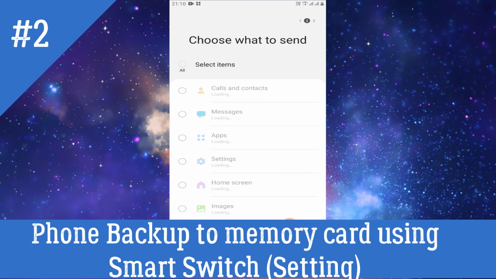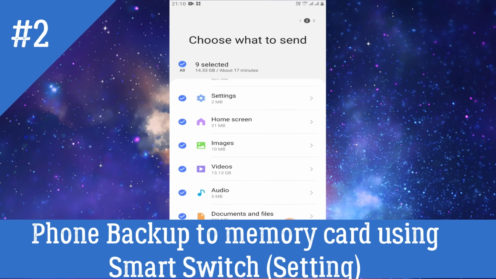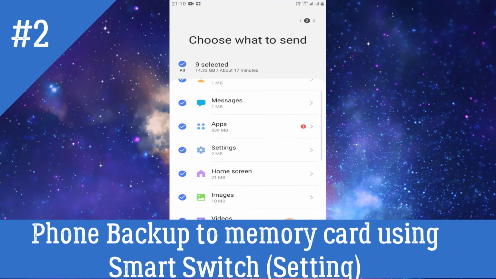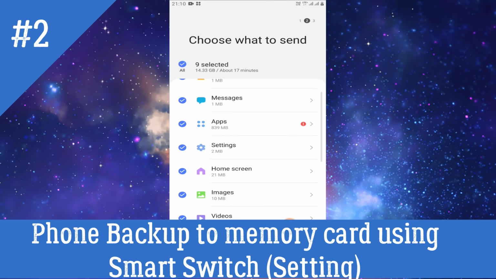In the backup it will show what things we can take the backup of. It can take all the videos and images in your mobile, calls and call history, contacts, all the things. If you don't want the messages, you can disable that. If you don't want to take the application backup, you can remove that.